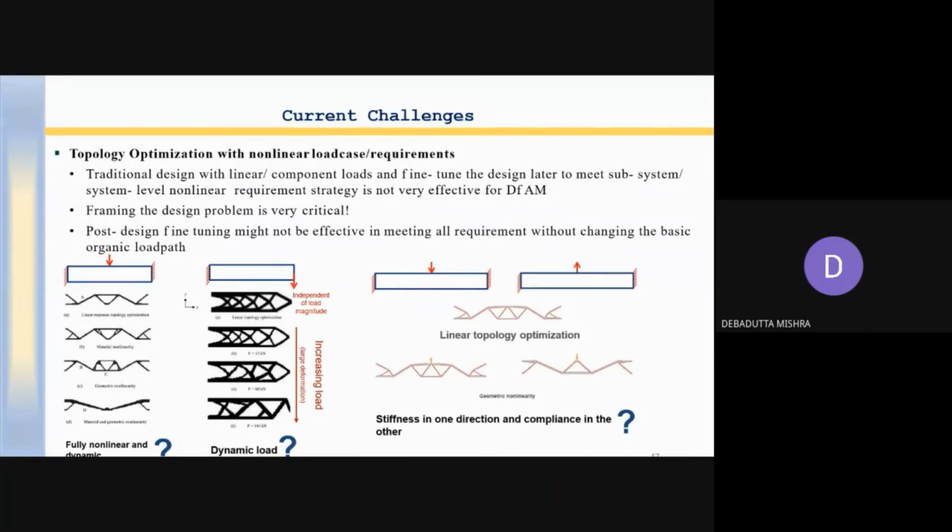You can see some examples here: a cantilever having load at the end, and this one having load at the middle, and how the topology varies with respect to the load. So this can be the design research agenda for topology optimization.